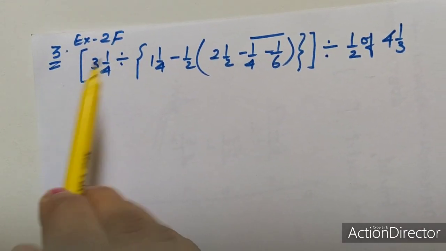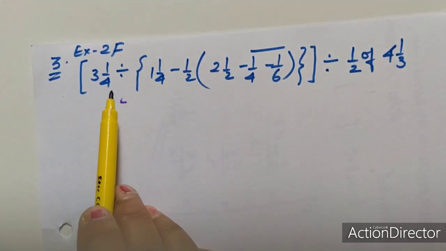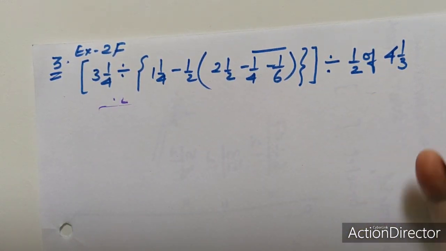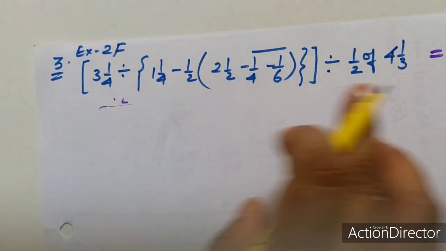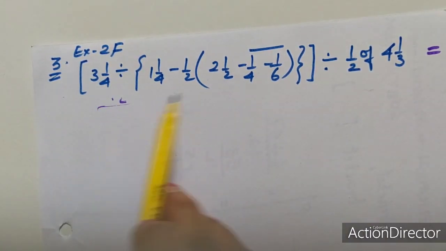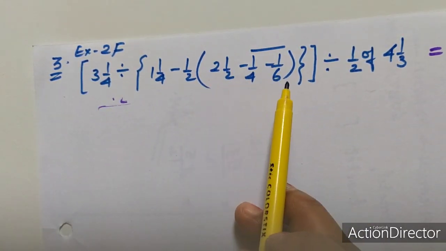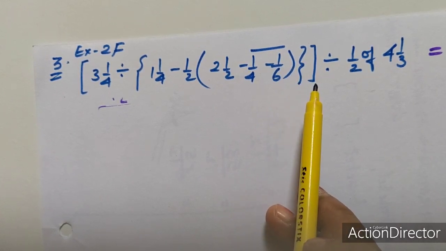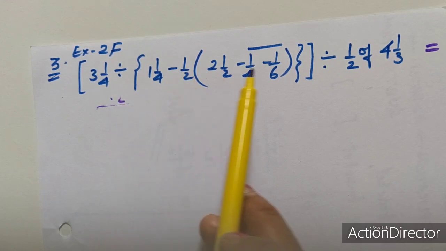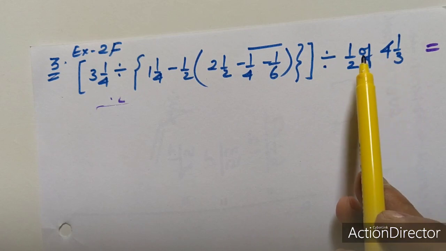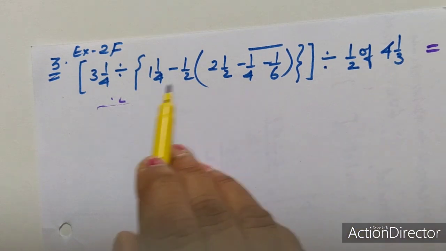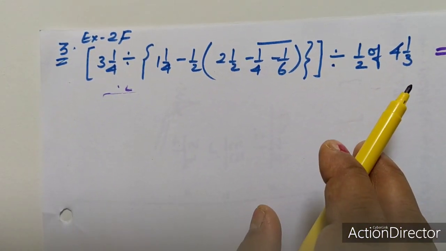Similarly, question number 3 of exercise 2F, in which the question is: the value of all these terms is equal to what? That means we have to find, after simplification, what will be the value after solving all these numbers with different operations. Now see, in this question we have bar, common bracket, curly bracket as well as square bracket with different operations. Here a division sign, then minus, then inside the bracket 2 minus signs, and here 'of'. 'Of' means multiplication. So in this question we have all these brackets as well as different signs and basic operations.